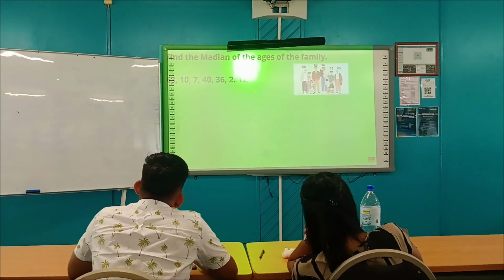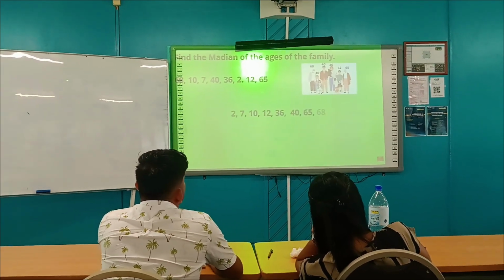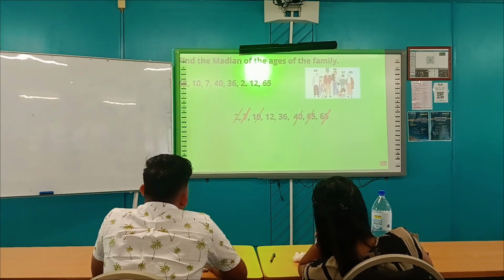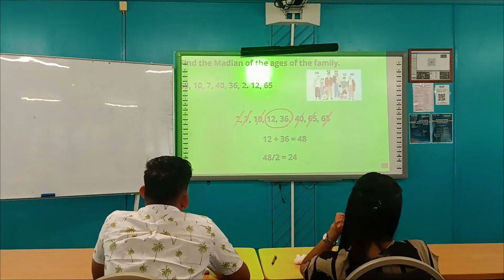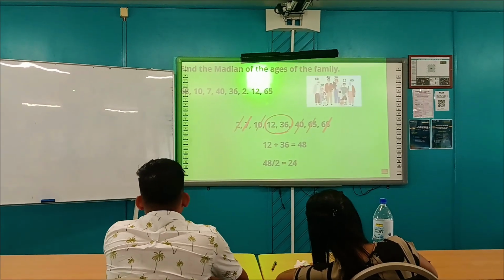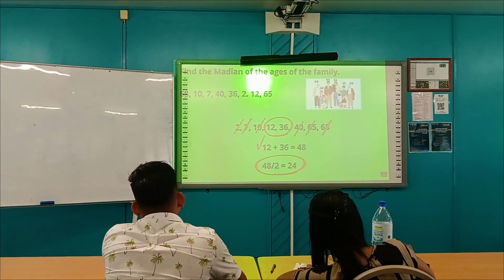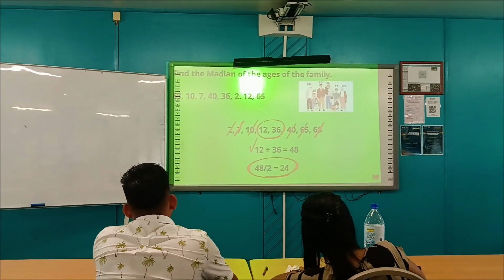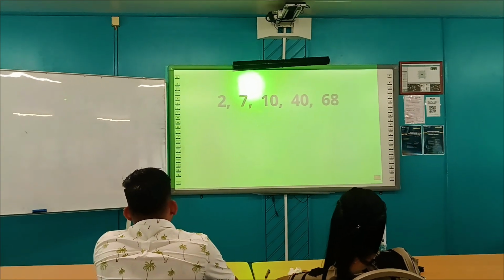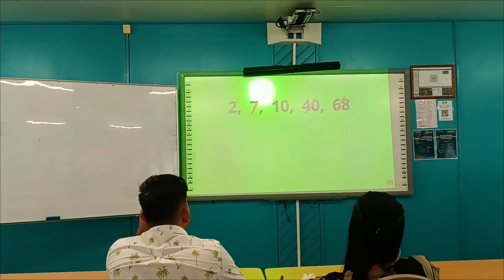So here are the numbers, and we're going to arrange them from least to greatest. We're going to mark off the numbers at the same time. And since we have an even number, we need to take the average of the two numbers in the middle. So the mean or average of 12 and 36 is 48 divided by 2, which equals 24. If you have an odd number, it would be just the number in the middle. Let's look at this example. Okay, so we're going to mark them off at the same time, and we have 10 in the middle,